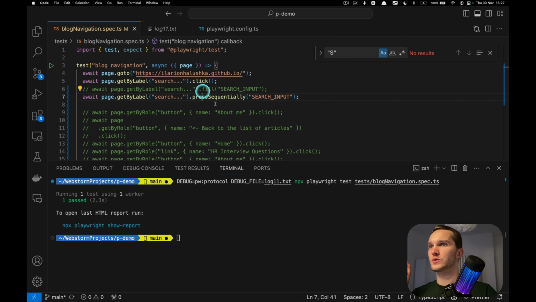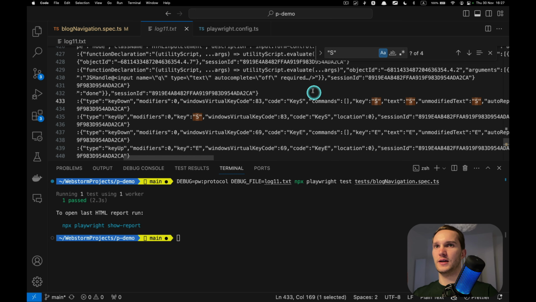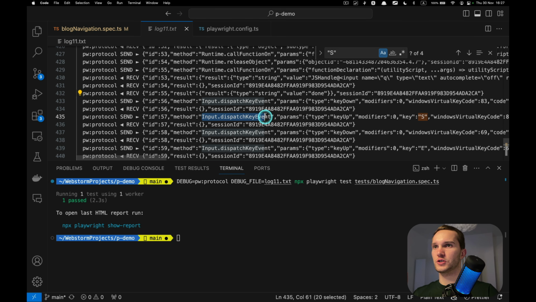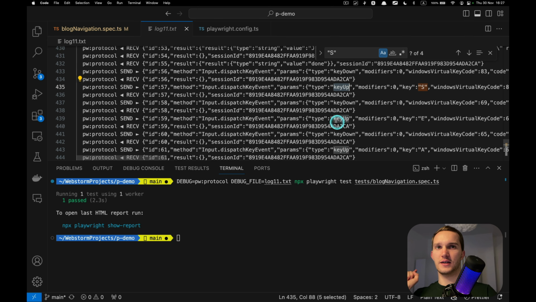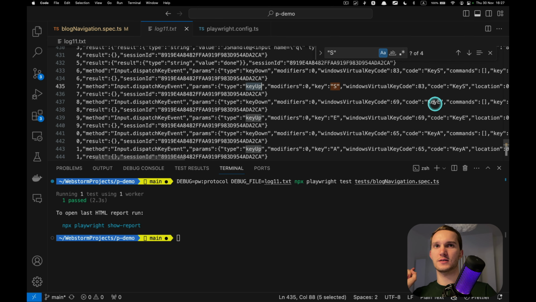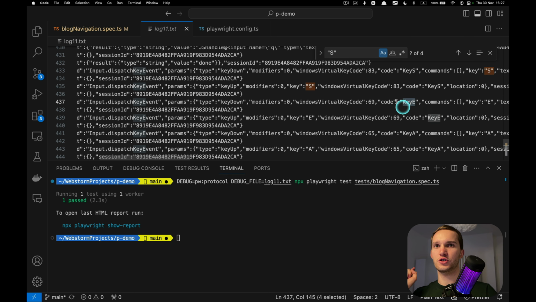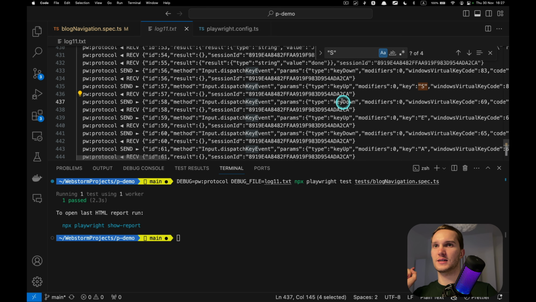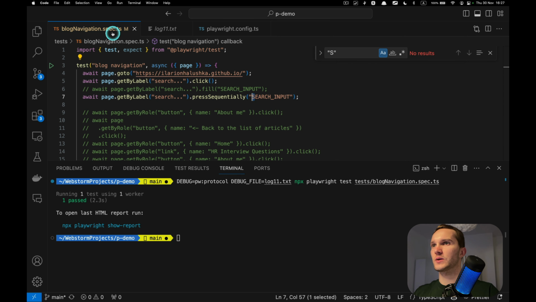So when we use this method, Playwright sends the keyboard key down s, then dispatches key event key up s. So it's like the user types s and releases the key. Then the next letter is E, and for search it does key down, key up. It sends all these requests one by one to the browser.